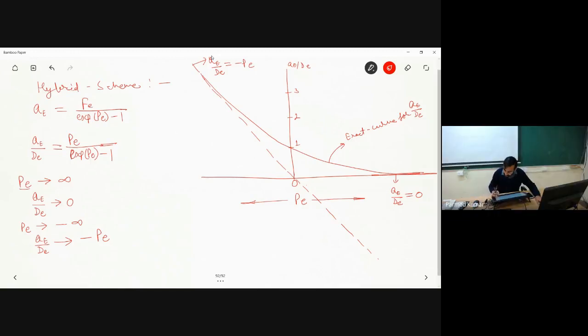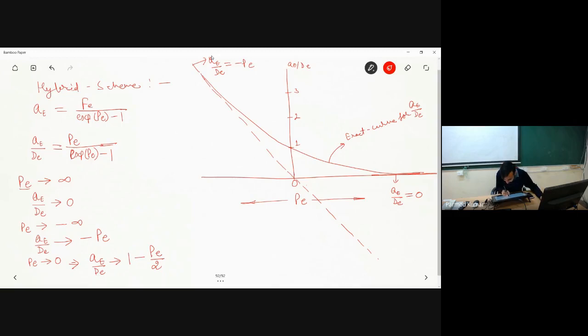Okay, so what we are having over here, we have now seen two lines, and one more condition I can take when my Peclet number is approaching 0. So when my Peclet number is approaching 0, corresponding to that, if you calculate AE divided by DE by applying the limit, you will find AE by DE equal to 1 minus Peclet number divided by 2. Okay. So now let me draw this line for AE by DE near the Peclet number tending to 0. So this line will be AE by DE, and that will be nothing but 1 minus Peclet number by 2.